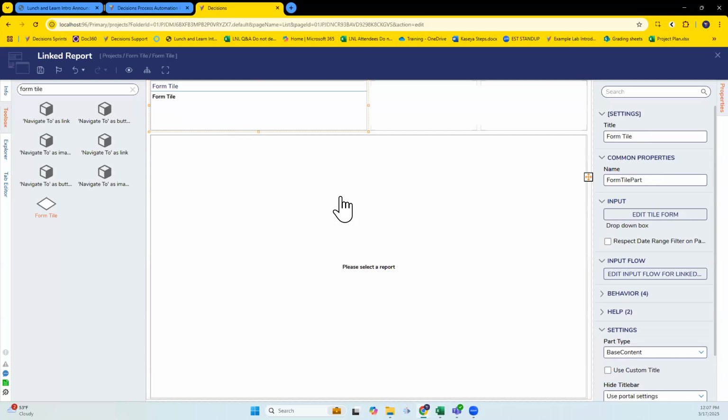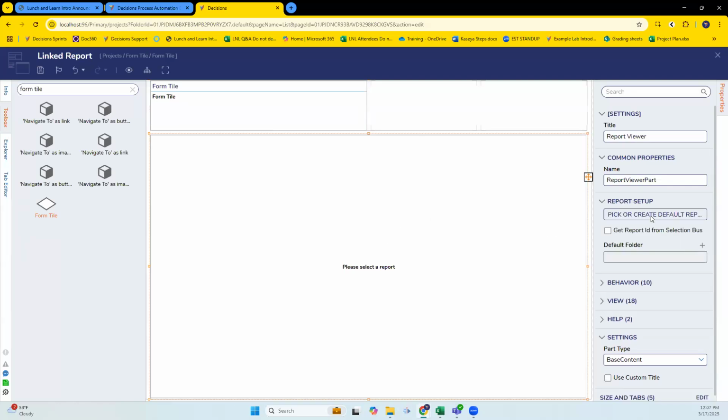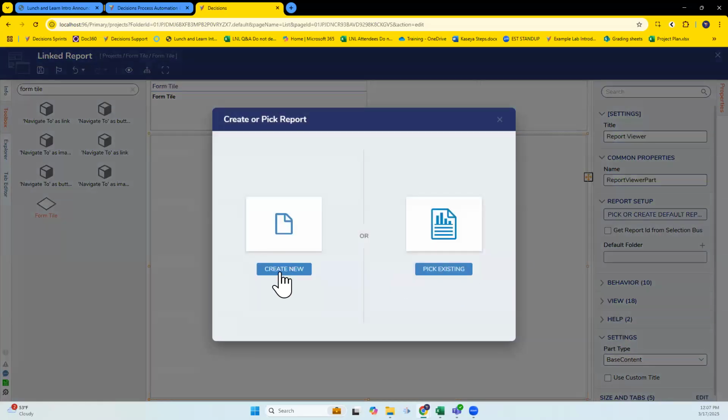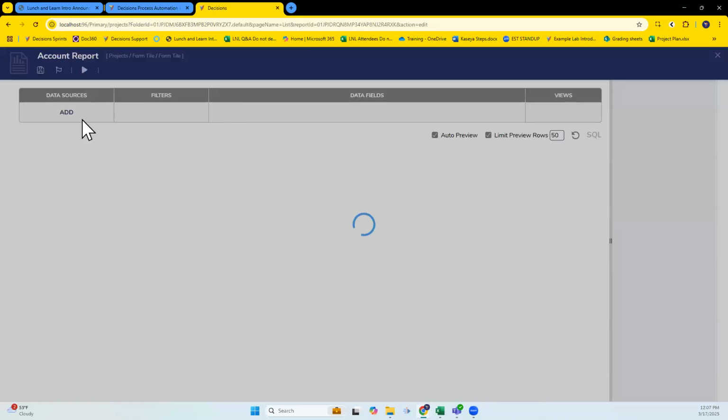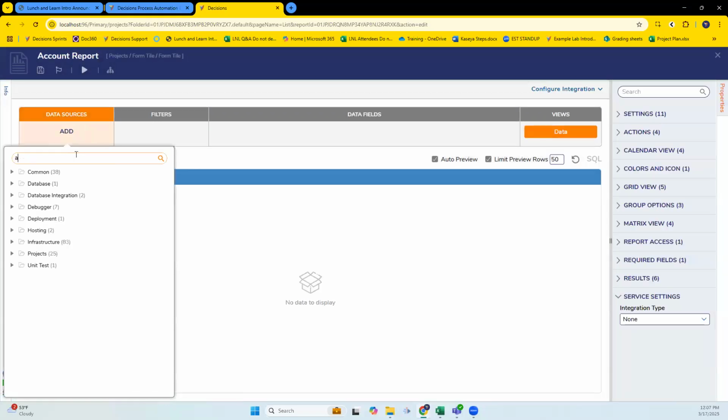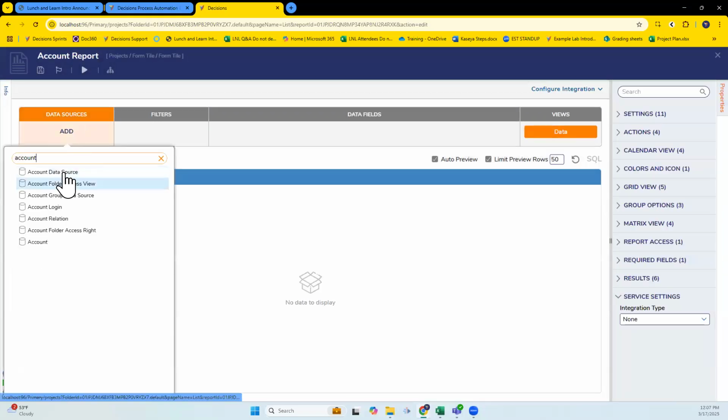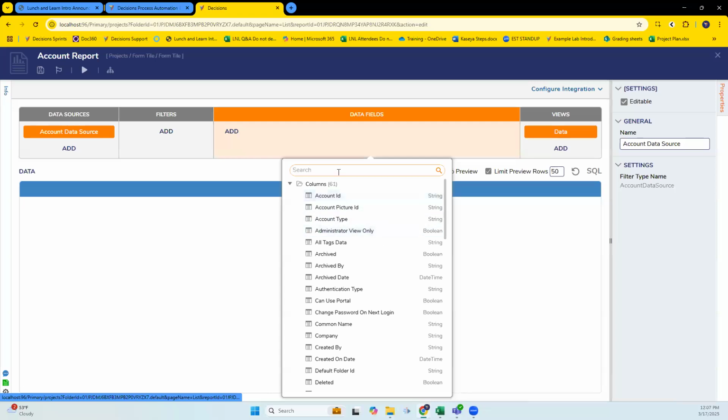All right. So let's do a little bit of a build out here. I think we can figure something out here. I do want to start here. I'm just going to make a new one just so we have some data. Let's create a new one real quick. New report. Simple. Just because I know that I have some accounts on here. I think I do. So let's go with.